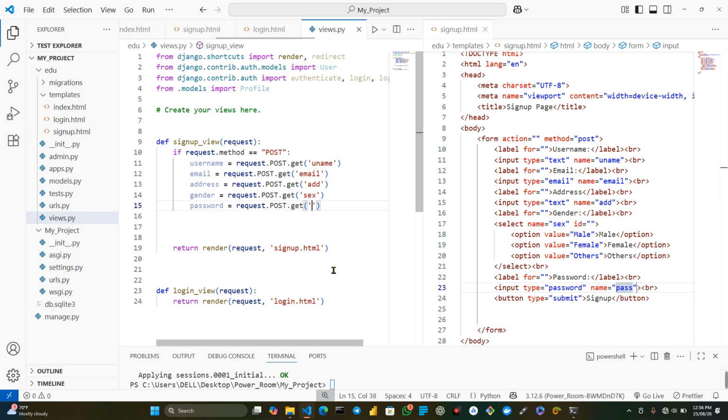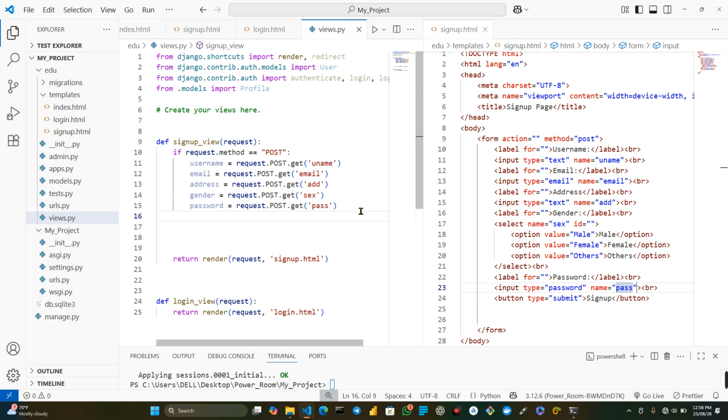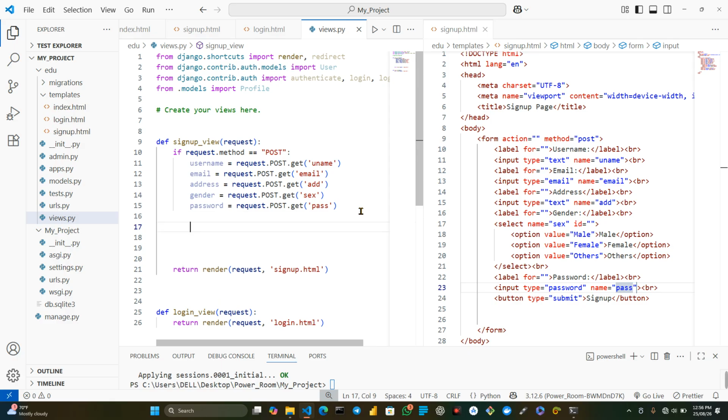Let's call it pass, and here we'll call it same pass. Good. Now since we have this, we are halfway done. Very soon we'll be done. We now said we are going to check if the user already exists. So to write the code, you will say if user, that is this user